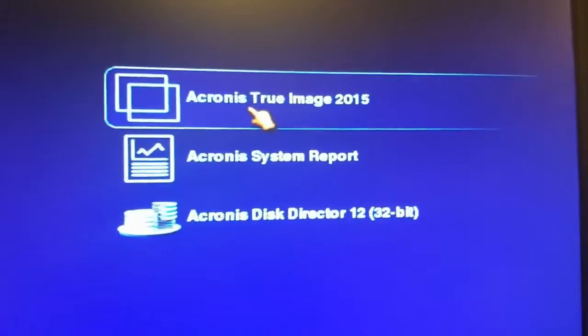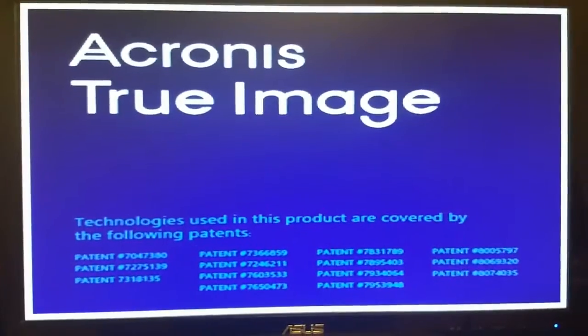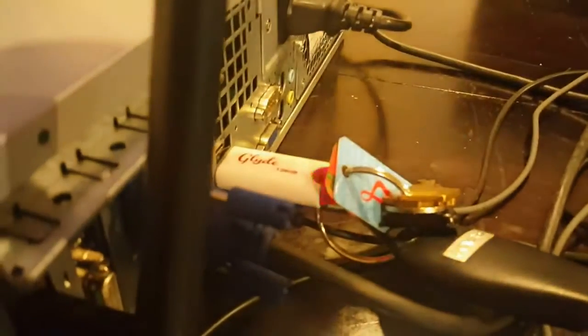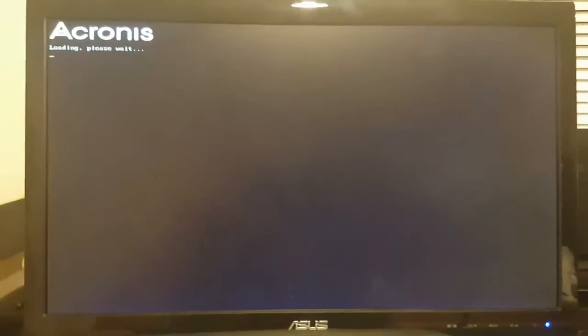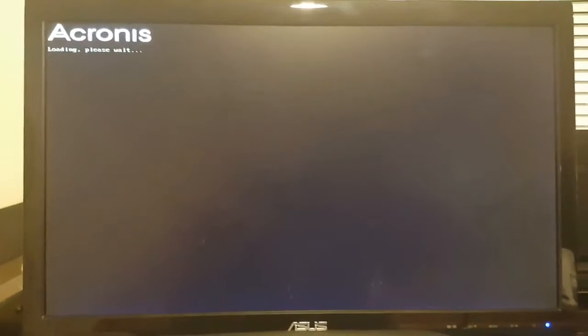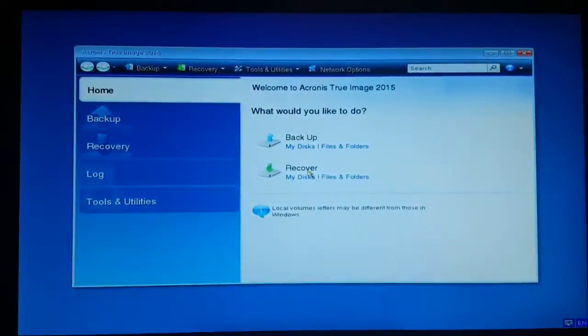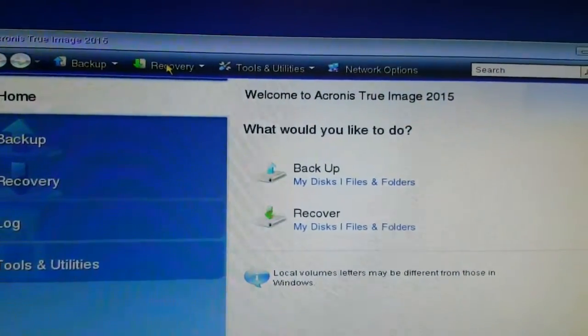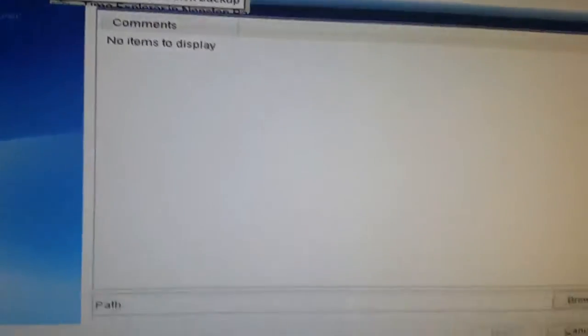Okay, now we're going to go to Acronis True Image 2015, and we're going to let everything load. See the drive blinking that it's loading the program. Okay, now you're going to select Recovery, Disk and Partition Recovery,